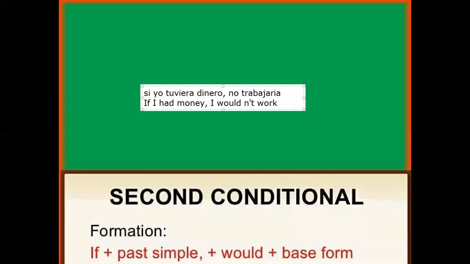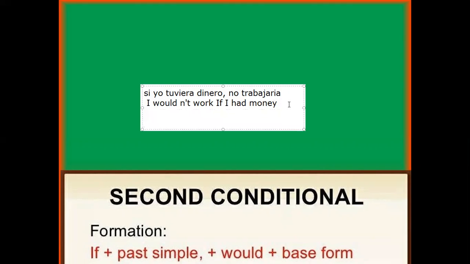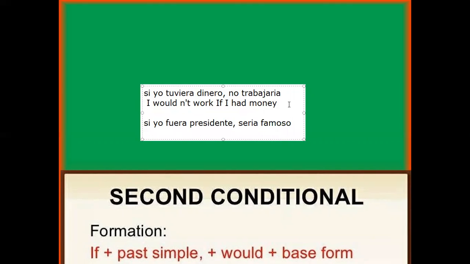As well, remember here that it's very important that we can make the sentence in the opposite way. So I can say, I wouldn't work if I had money. The only difference is that we don't have a comma if the if goes in the middle. That's the structure. And finally, something interesting is that if I want to say, si yo fuera presidente, sería famoso. So, if I want to make that sentence, most people would say was,